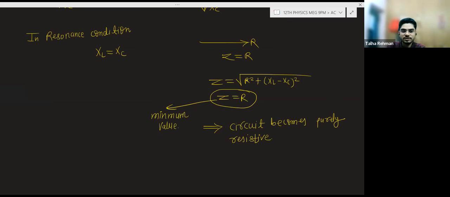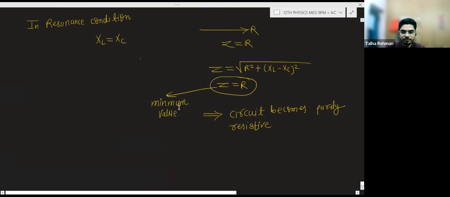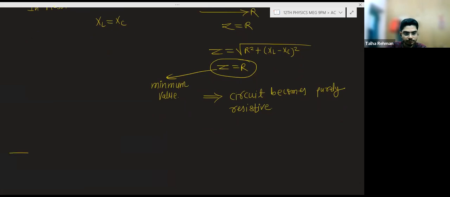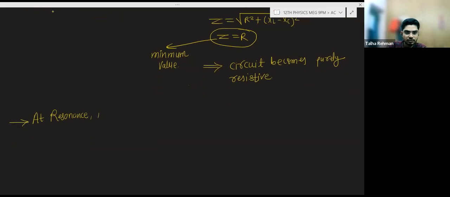So what happens in the resonance in LCR series circuit? XL is equal to XC. Due to that, the impedance of the circuit becomes minimum. So you can write here, at resonance, impedance of circuit is minimum,